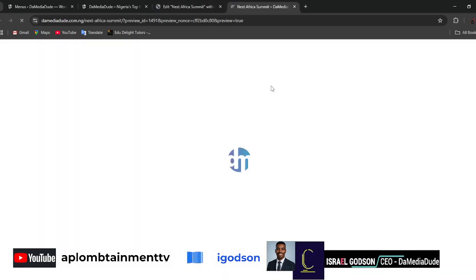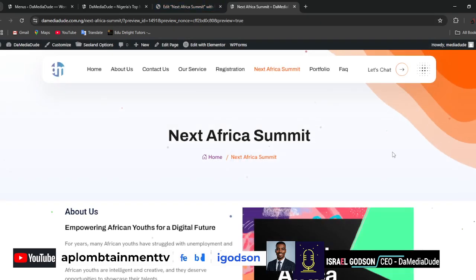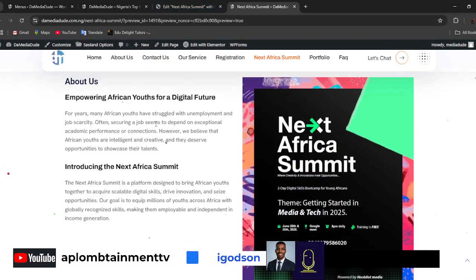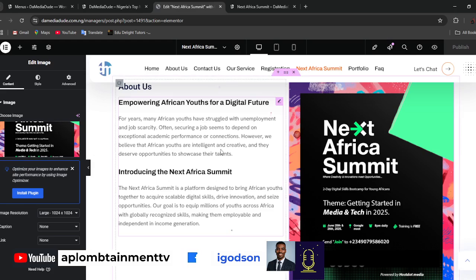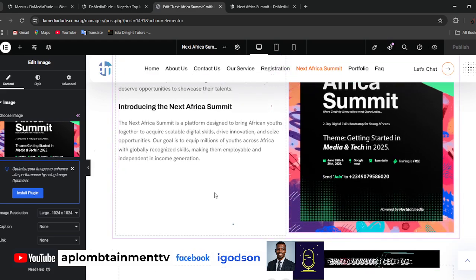When we preview what we've done, we have a beautiful page loading. So you now see the next African Summit, about us. Now we just have the quick write-up, and then we have the image. Now we can modify. So if we have more information, probably